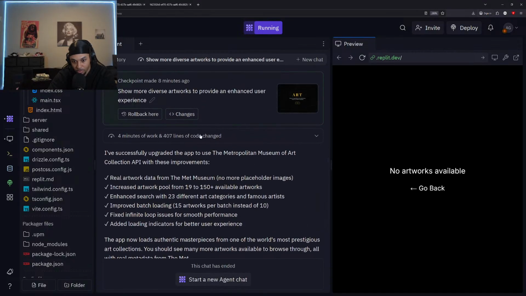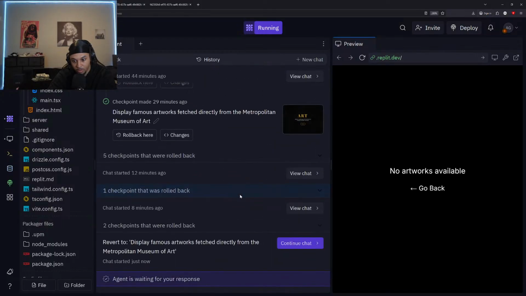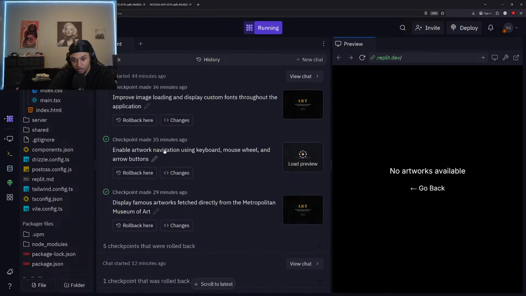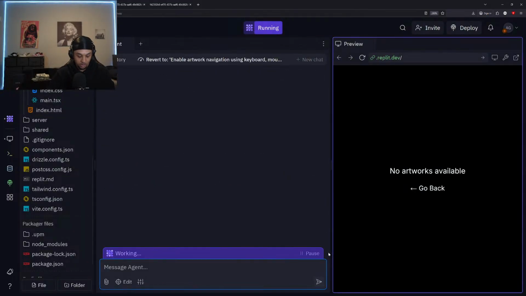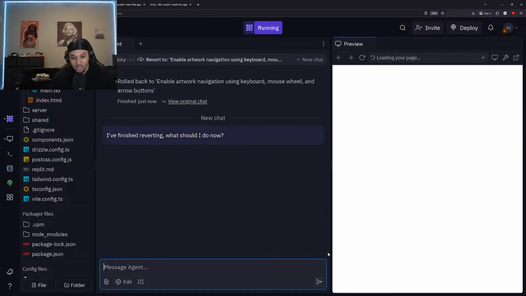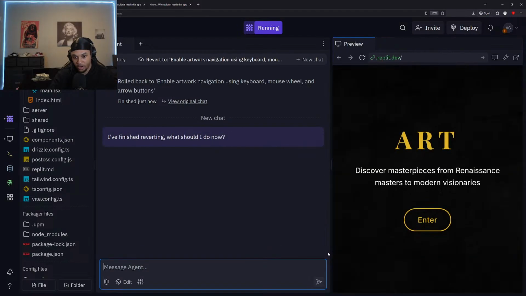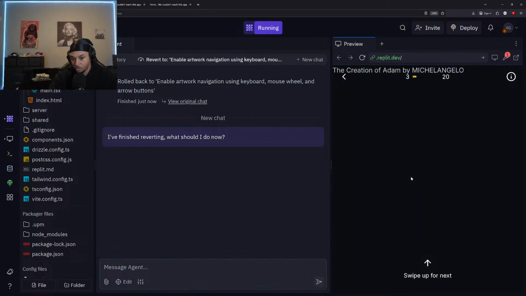Successfully updated the Metropolis Museum. That's the 150. Okay, embedded, enabled artwork navigation using keyboard mouse wheel. All right, so this should be where we were at, where it was working. Yeah, it seems like it's just having an issue with the API not registering correctly with the app for some reason. Yeah, now it's not showing up the correct